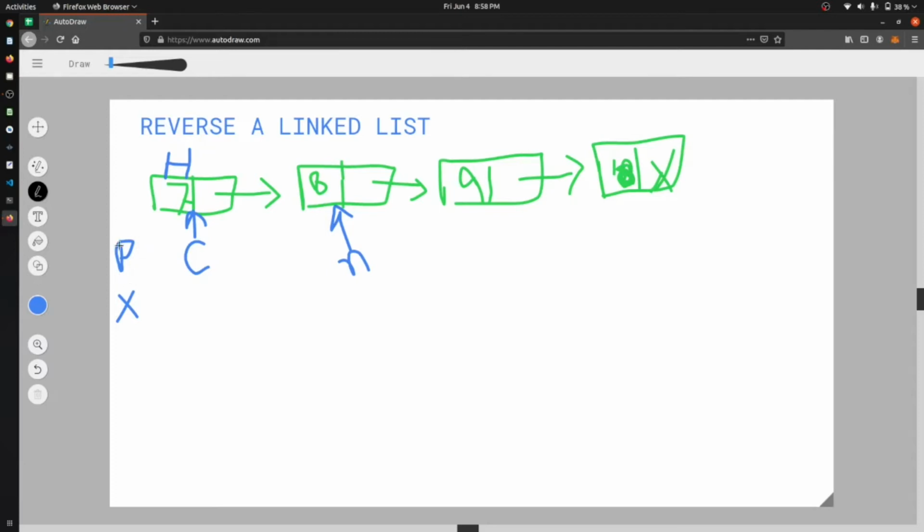Now the current, or C, will shift to next. Let us shift C to the next point. C will come at this point.